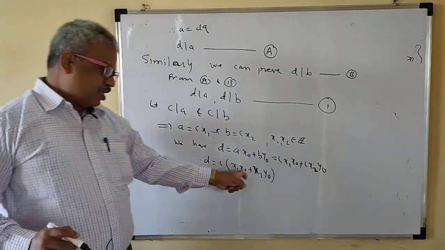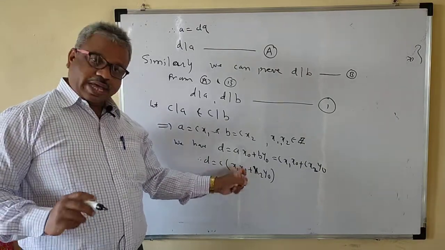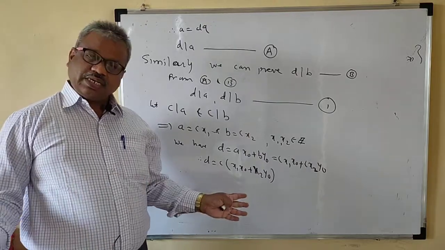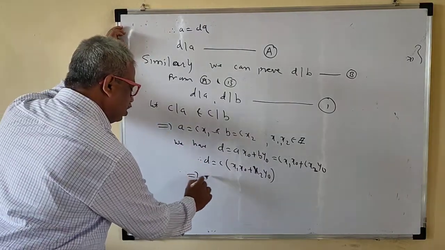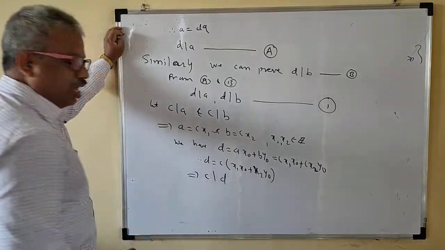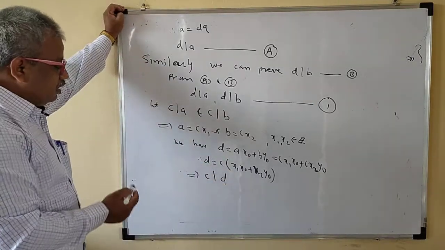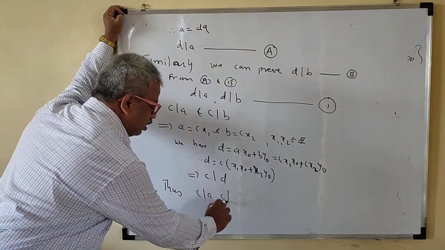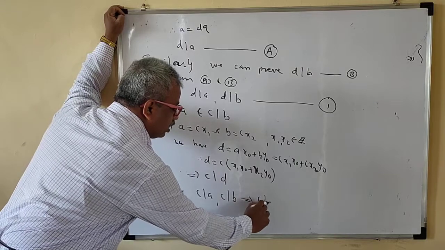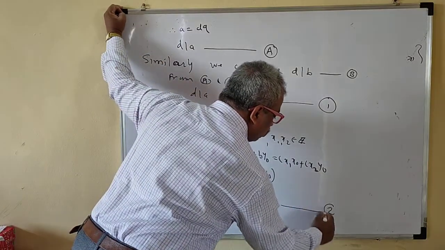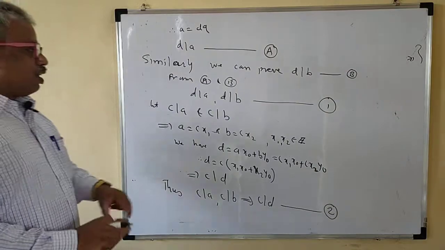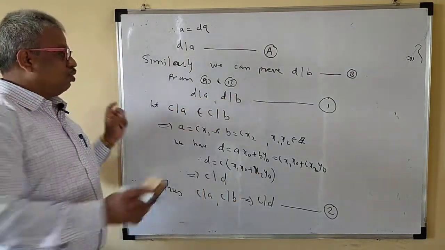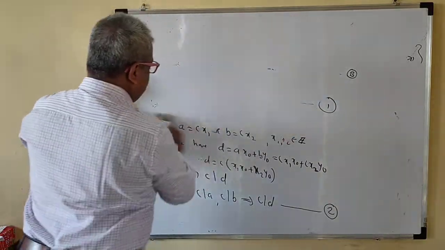So x1, x2, x naught, y naught are all integers. Product of two integers is an integer, sum of two integers is an integer. So this implies that C divides D, right? Because D is equal to C times some integer, that means C divides D. So thus C divides A, C divides B implies that C divides D. We call this 2. So what have we proved? D divides A, D divides B. Then any common divisor also divides D. So from 1 and 2,